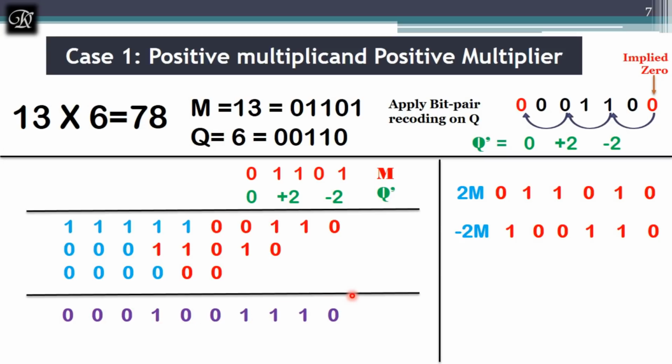So compared to the Booth algorithm, this is going to be done in 3 stages. It is not going to take n stages like Booth, it's going to go with n divided by 2 stages. That is why it is called a fast multiplication technique. Let's see the next version.